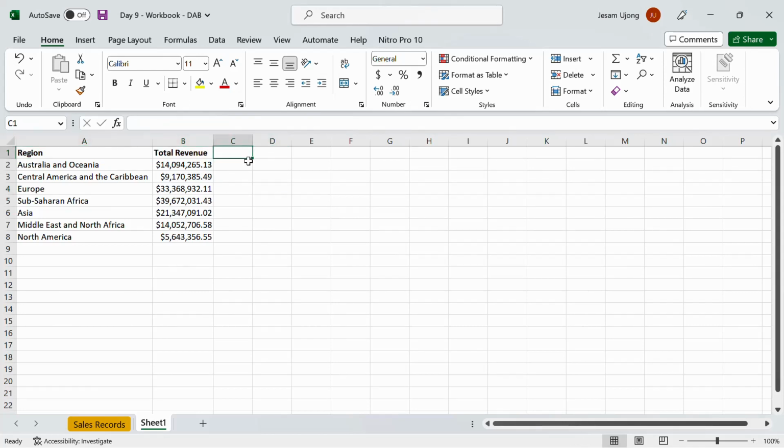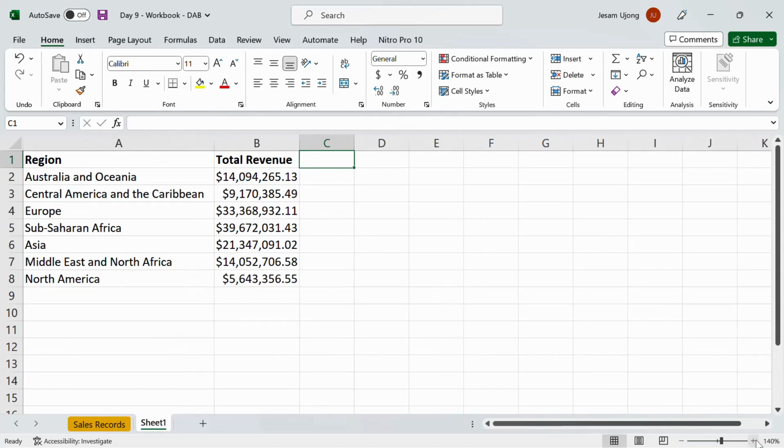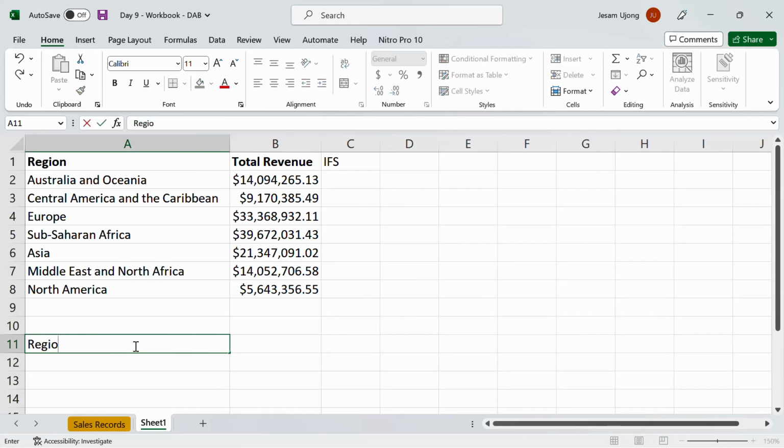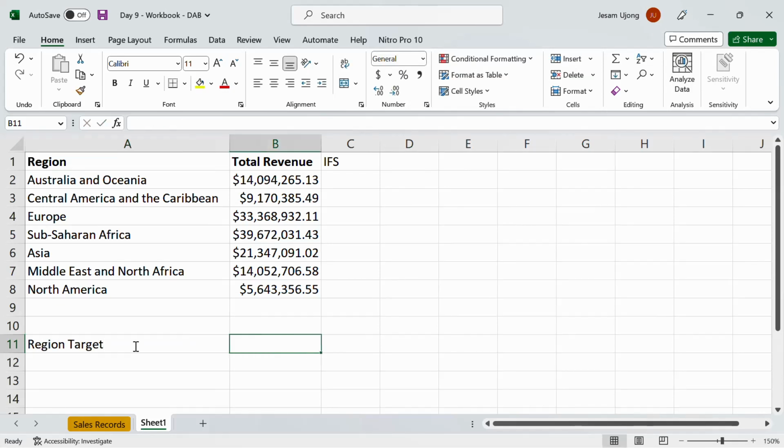Okay, so we talked about IFS, right? Let me zoom in so that it's easier to view. So IFS. Now, say we have a region target of $15 million. Just change this to currency, right? And we want to get,